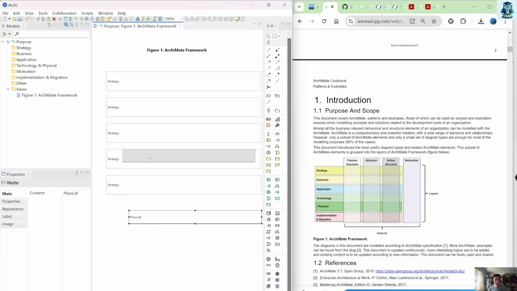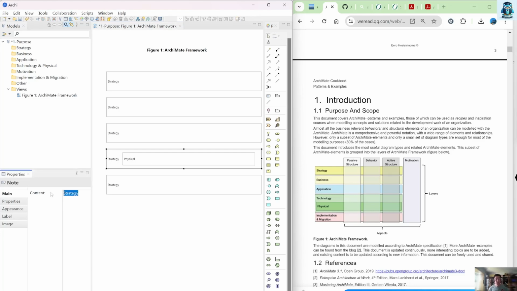So I will put that inside here because that is inside the technology. And here is the implementation and migration. So you can use that symbol, it is fine. Above technology is application, and here is business. So now you can see using the node, actually you can manage to have similar